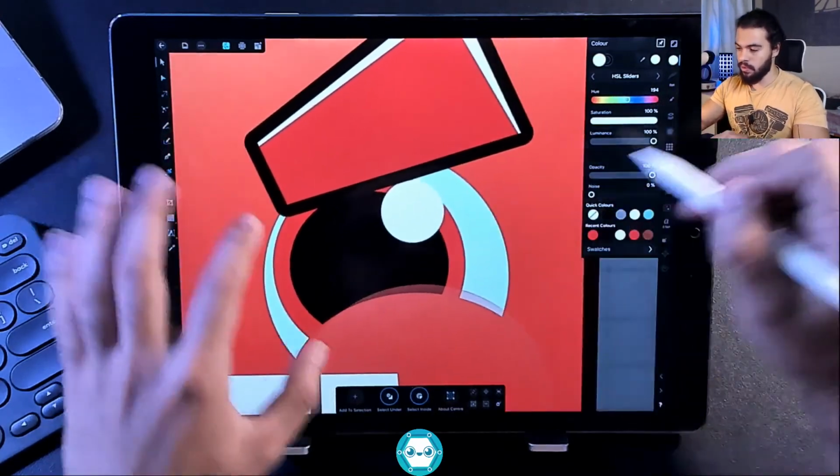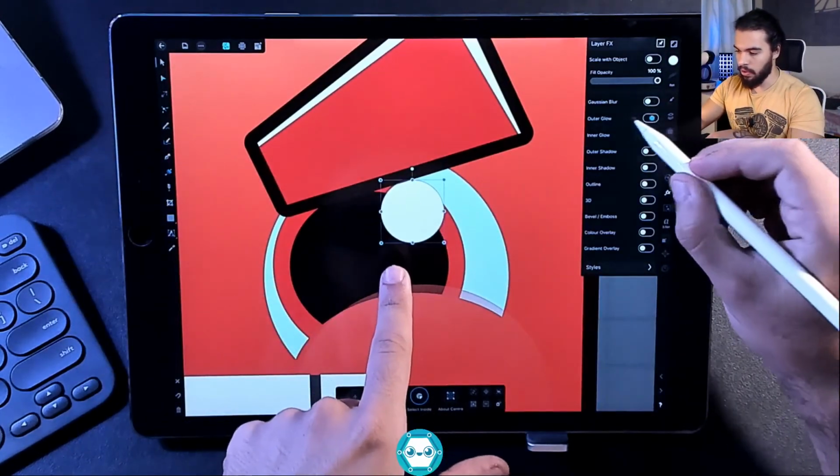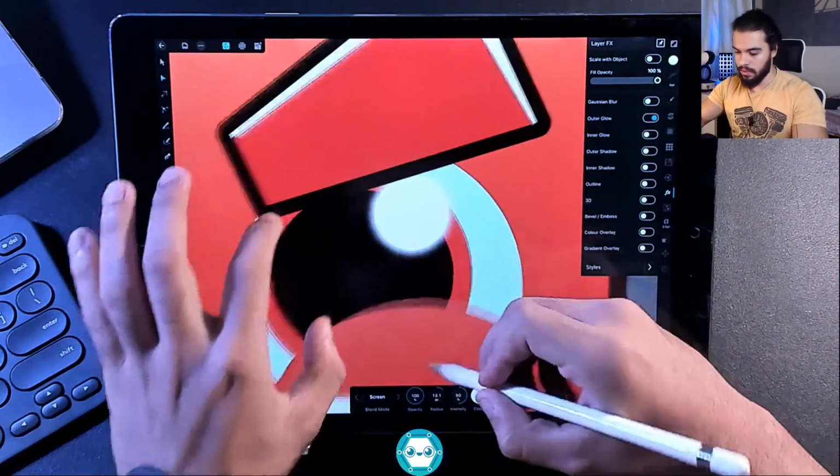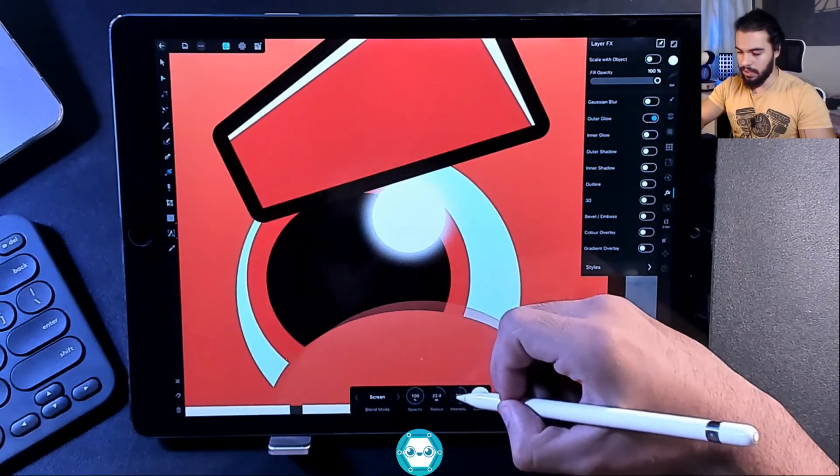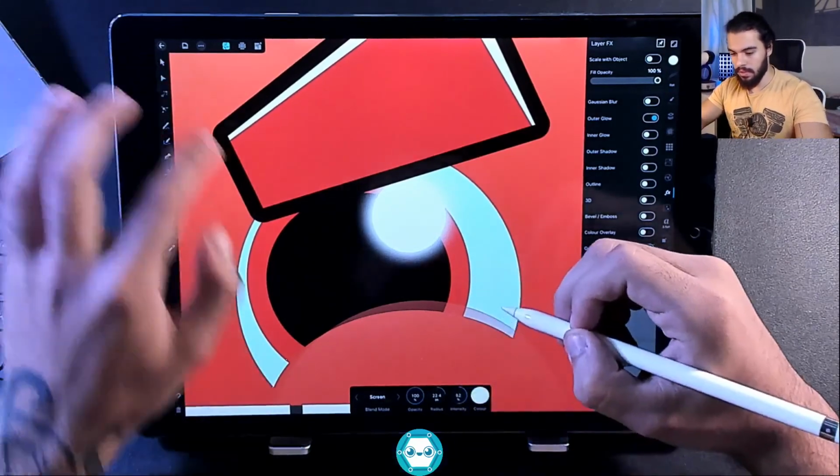You guys can try to apply outer glow. It's a very nice effect. Look, this looks like a very 3D feeling if you want to apply this. Okay,